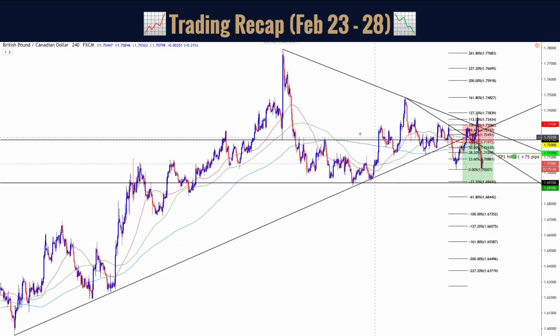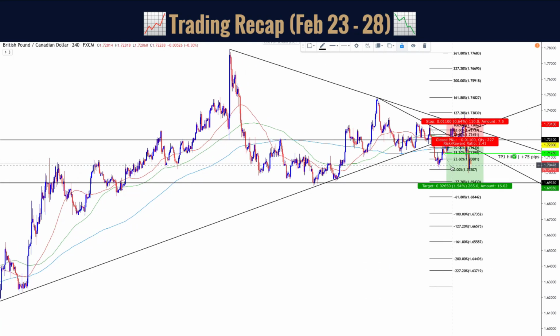downside movement. But in regards to the trading, you can see that this support trend line and this resistance trend line form the triangle. Plus we have two key levels right here, at 1.7210 and at 1.6935 right here. And what actually happened is that we expected price to in the end target our final point